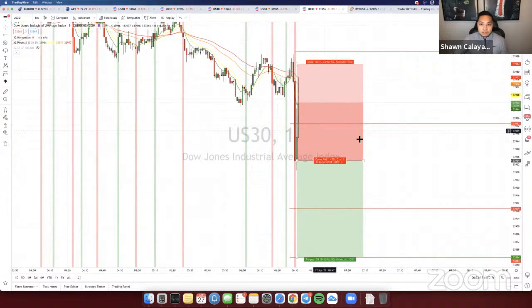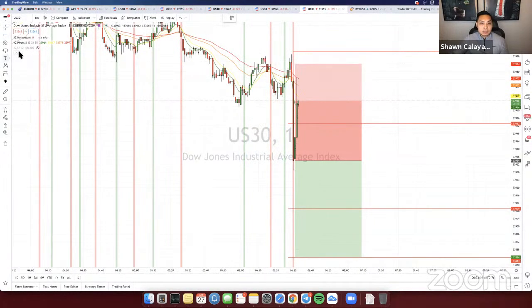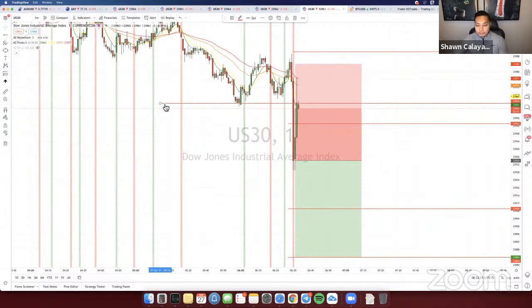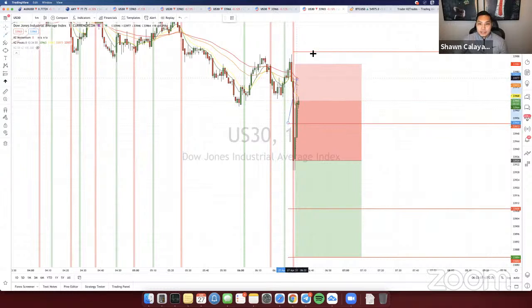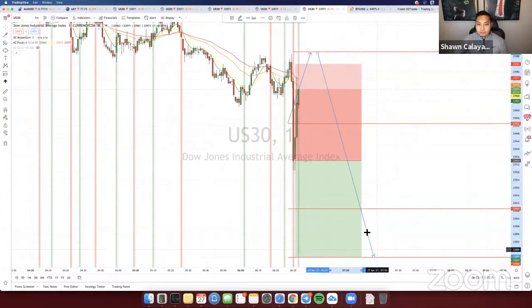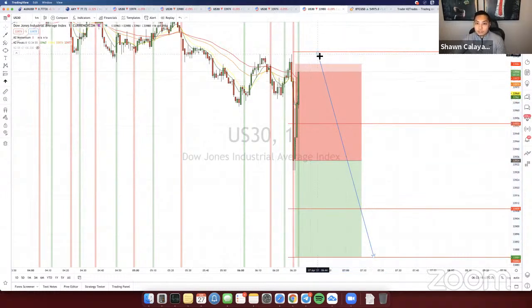If you guys want to enter this, wait until it comes back down. So wait until it comes back down right here, or set a sell stop and then catch it as it comes back down. Because if you followed the move from yesterday, you saw that price slightly went past the stop loss right there, and then it came all the way back down to TP. So if you're waiting to enter this, I would just wait a little longer. I wouldn't enter right away, and I would just wait for it to come back down.